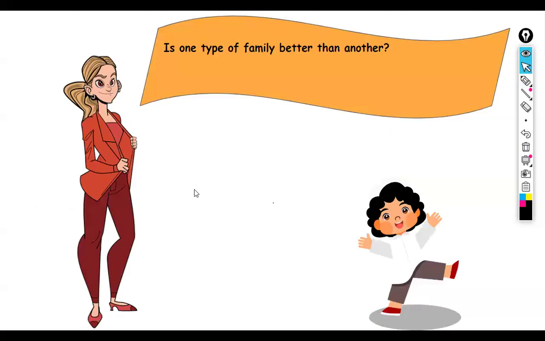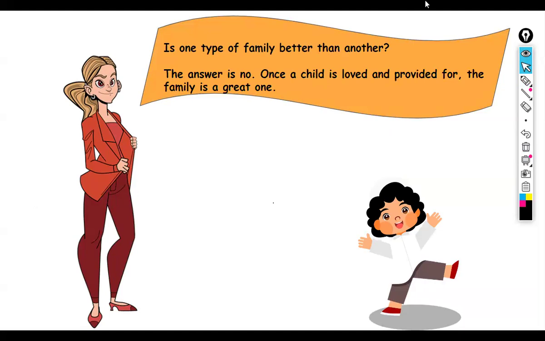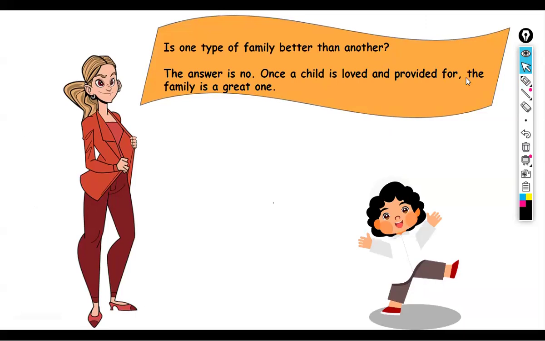There's the social worker again. What does she have to say? Oh, right. So is one type of family better than another? No. Once a child is loved and provided for, then the family is a great one, a functional one, it's doing what it's supposed to. So I would like you all to note this, right? At the bottom of your